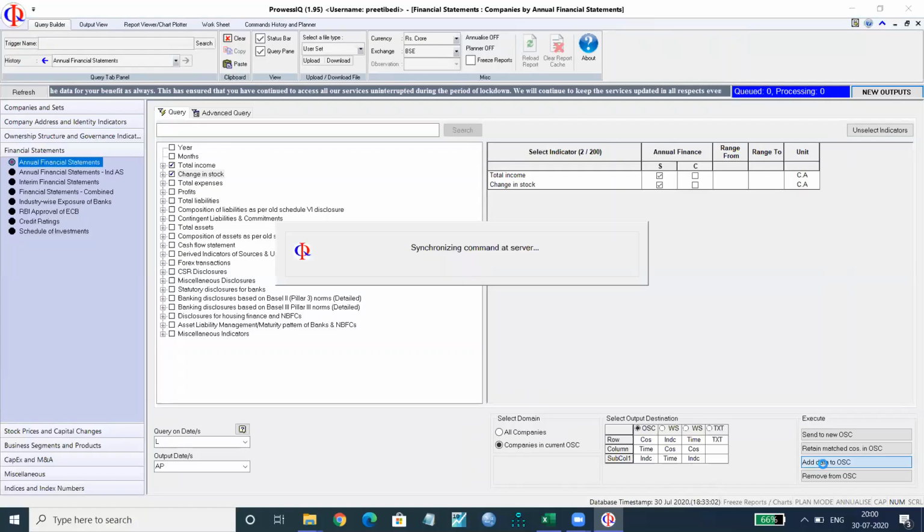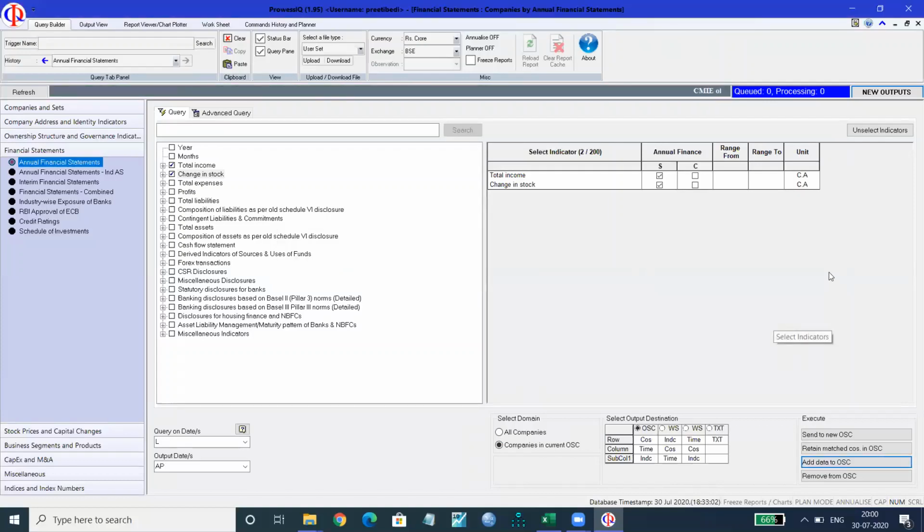So if I will click upon this, then I have to wait till the time the new output starts blinking. So you will see it is taking time.